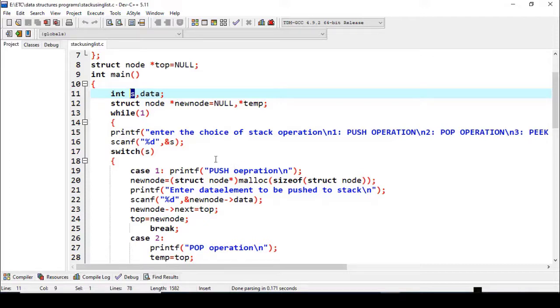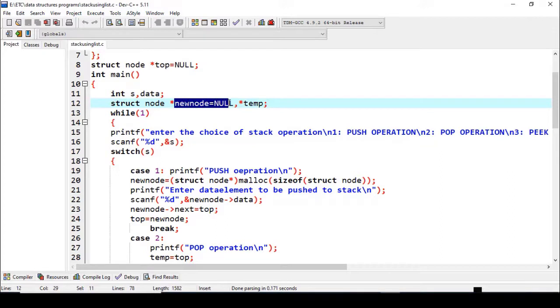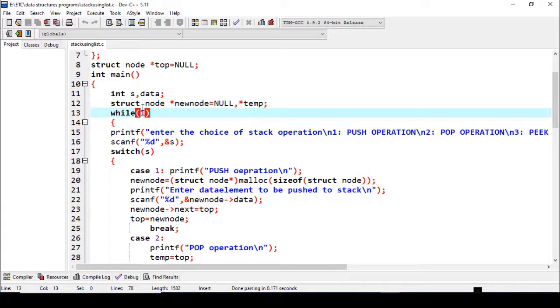So there will not be a case of the stack getting full. Then the data variable is used for taking the data input. Then struct node pointer new node, which we know is used whenever there is a malloc function call, a new block of memory is allocated, and the pointer used for pointing at that block of memory is new node. Its initial value is also taken as null, and the temp pointer is for traversing. So all these declarations are done.